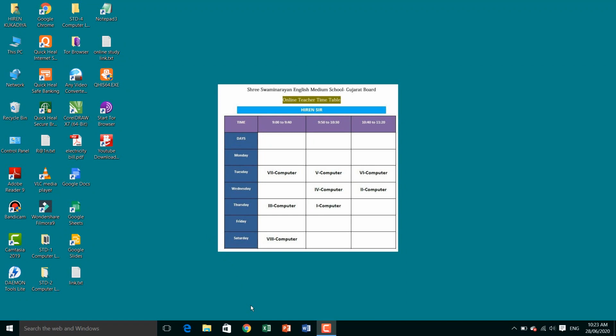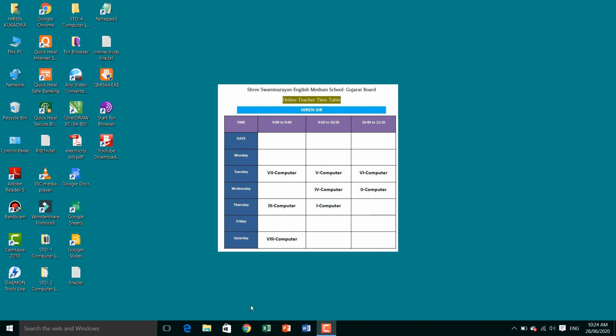Today we are going to learn Standard 8 Computer. In the first chapter we have already given the introduction: table in MS Access. We have seen the data types like text, number, currency, date and time, hyperlink, all these things. In a table we have seen rows and columns, the number of tables, number of columns, number of rows, collections of rows and collections of tables, all these things we have done.